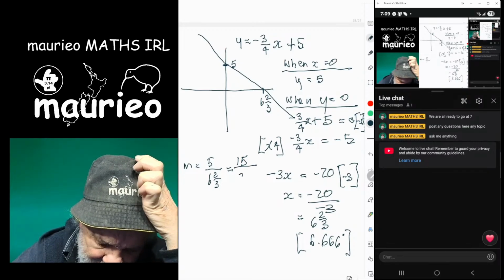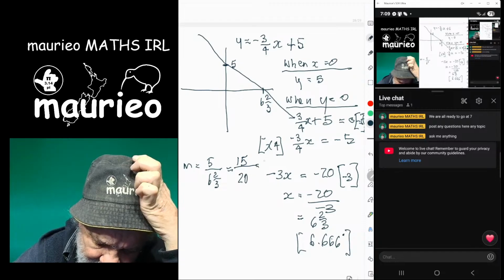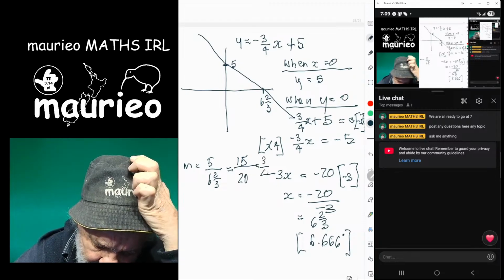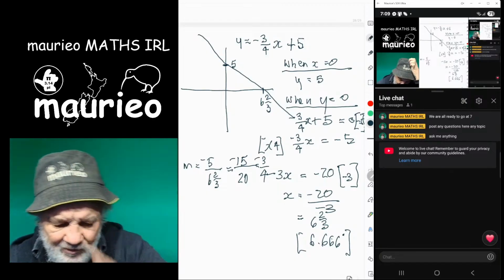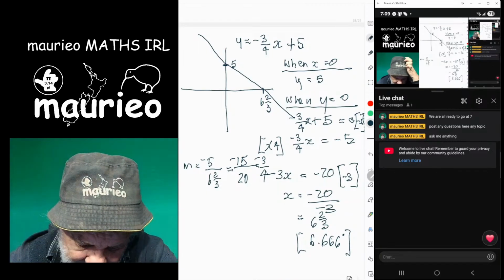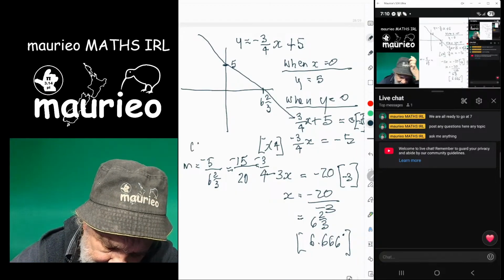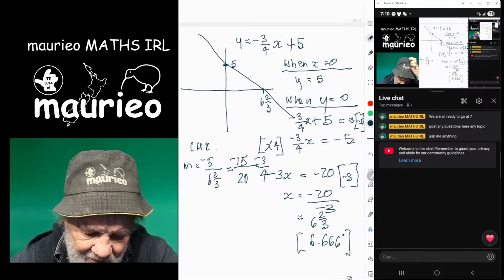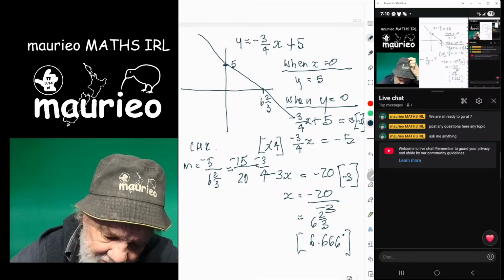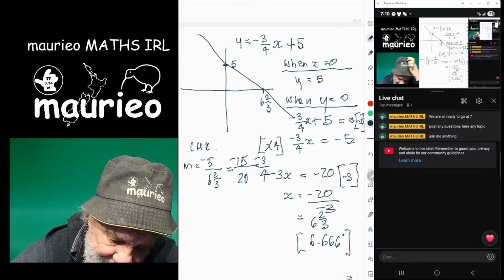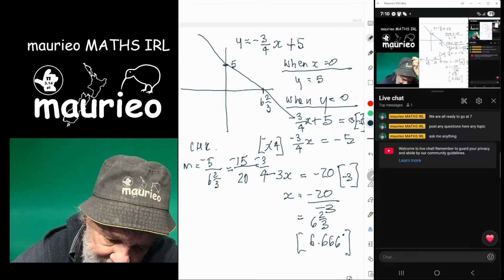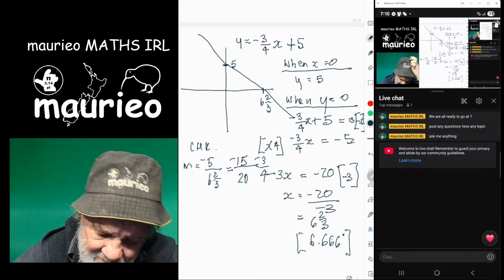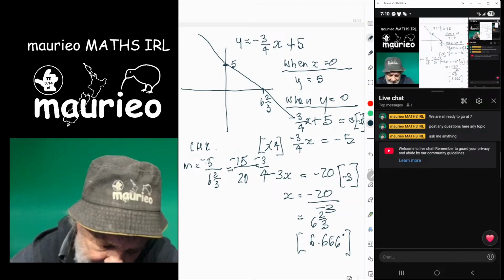6 3 to 18 is 20 over 5, which is 3/4, and that's negative. So our grade's all good there, just a bit of a check there. So what I did there is just checked here, the rise is 5, well, the rise is -5 if you like, and the run is 6 2/3, so rise over run,